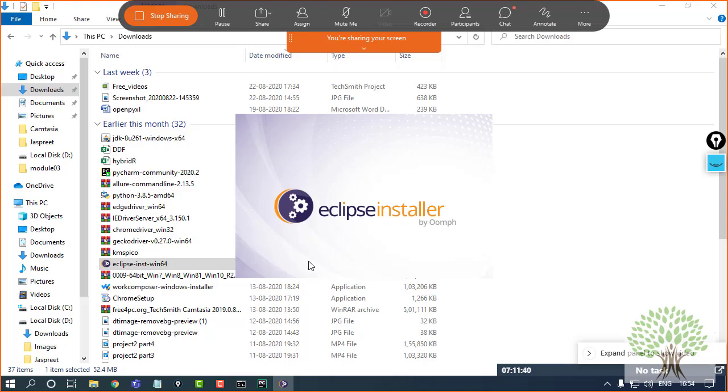The Eclipse installer takes some time while installing your Eclipse, while making it ready to use as well. Also, it depends upon how strong your internet is. So at installation time, it's going to affect you. Otherwise, it itself takes some time.